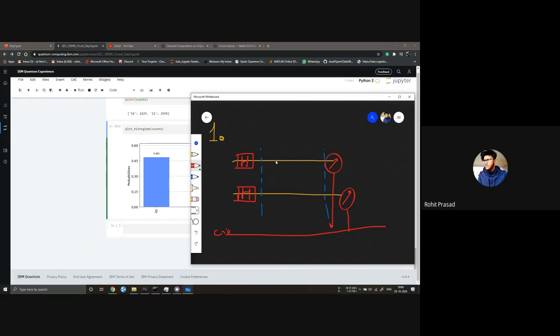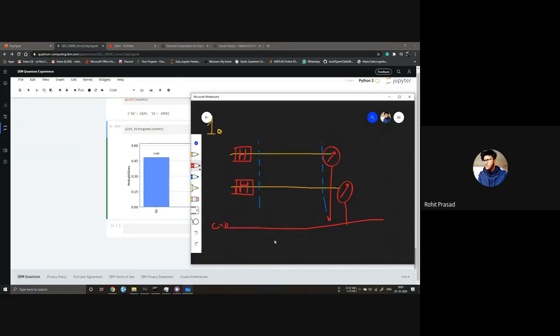So I want you guys to implement some gates here so that the end result is 11 for a thousand shots, when the total number of trials is equal to 1000.